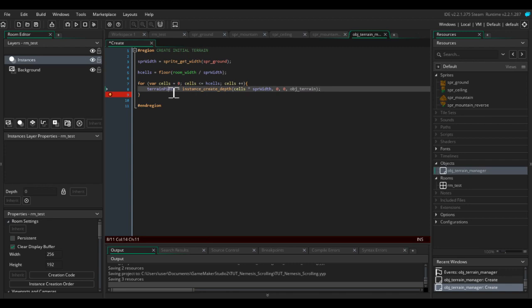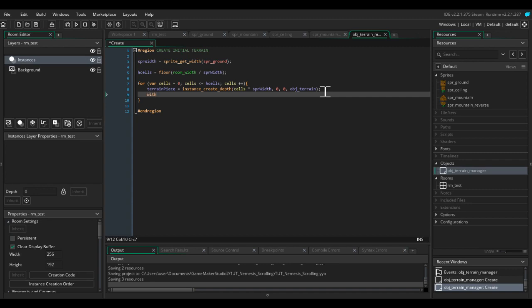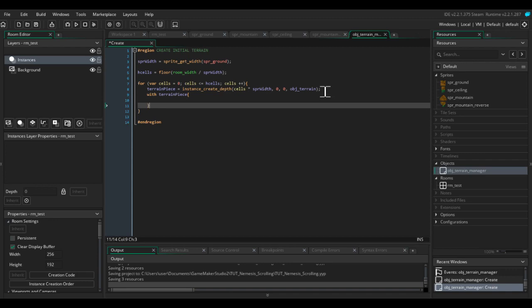So what this is going to do is, say for example H cells is 16, it's going to create 16 instances of OBJ terrain. Every time it creates an instance, it's going to save that instance ID inside a variable called terrain piece. The reason we want to do that is because we want to access that actual piece by saying with terrain piece. So we're now inside